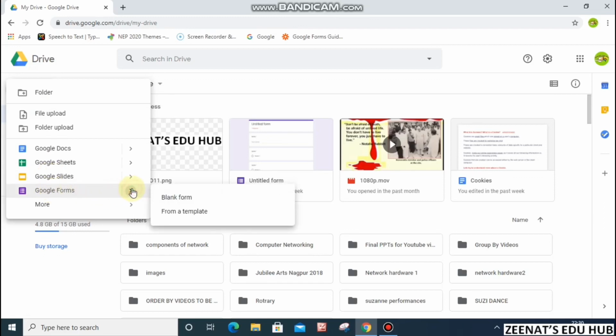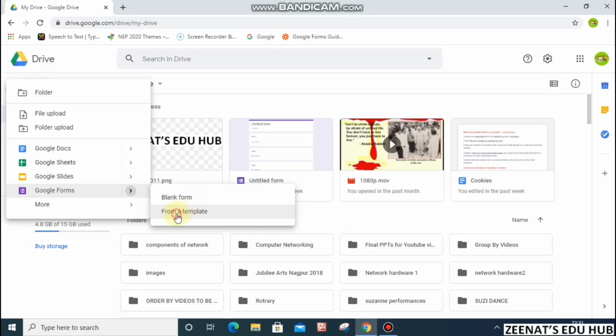When we click on the right arrow, there are two options: blank form and, second, from a template. With the first option, that is blank form, we can create a completely new blank form from scratch.